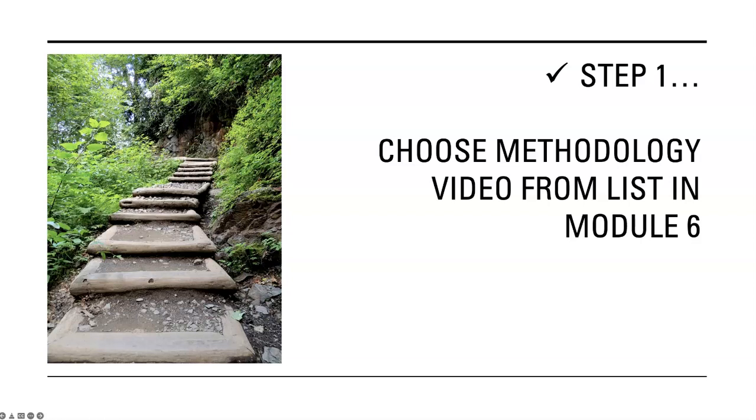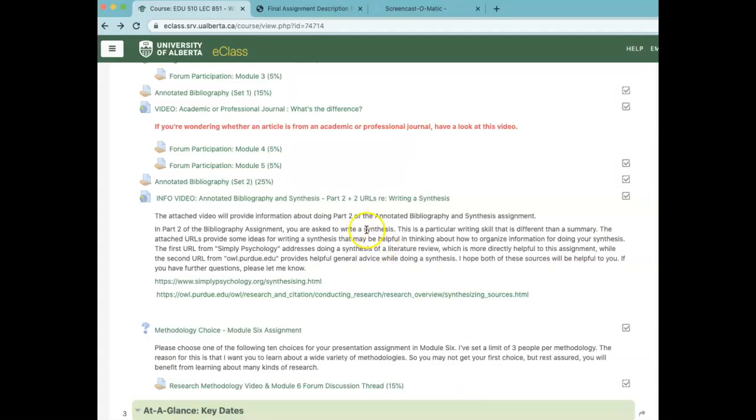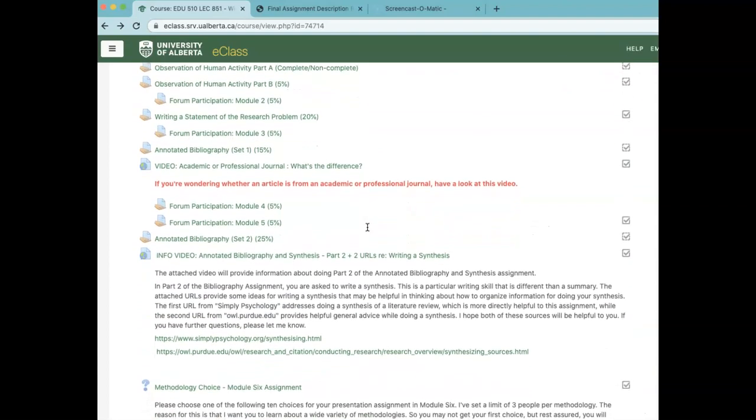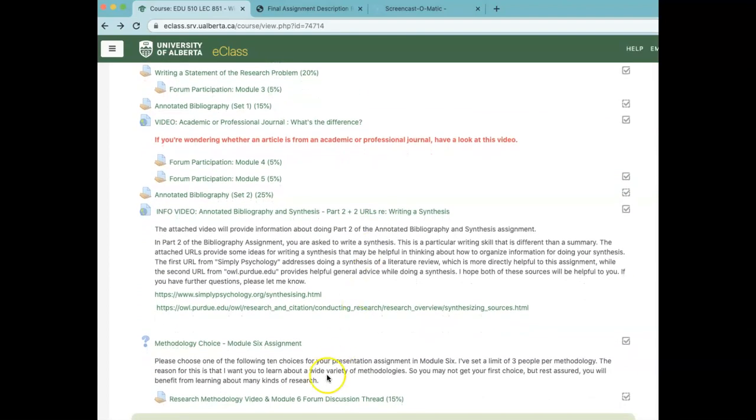So here's how you can find the place on eClass to choose a methodology for your presentation. Okay, so on eClass you'll go to Submit Your Assignments, and when you get to the bottom you'll notice here, for example, what I was talking about before. This is what you would open. But when you want to make a choice for your methodology choice, then you're going to go here for the Module 6 assignment. And you'll notice there's a little question mark beside it, so just look for the question mark. And when that opens,